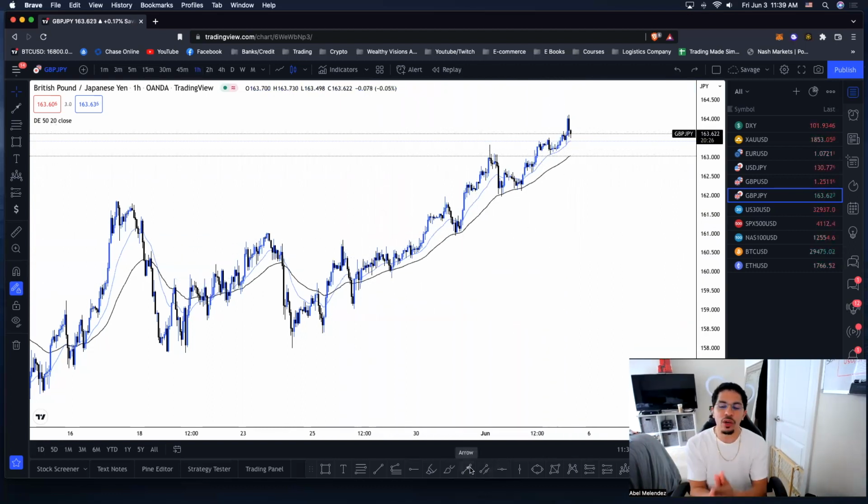Now, how does this work, right? What is step number two here when it comes to this entire strategy? Step number one is to identify the trend. Step number two, guys, is to now wait for a pullback after we identified the trend. Because like I mentioned, we want to look for a series of higher highs and higher lows when we are in the process of identifying that uptrend.